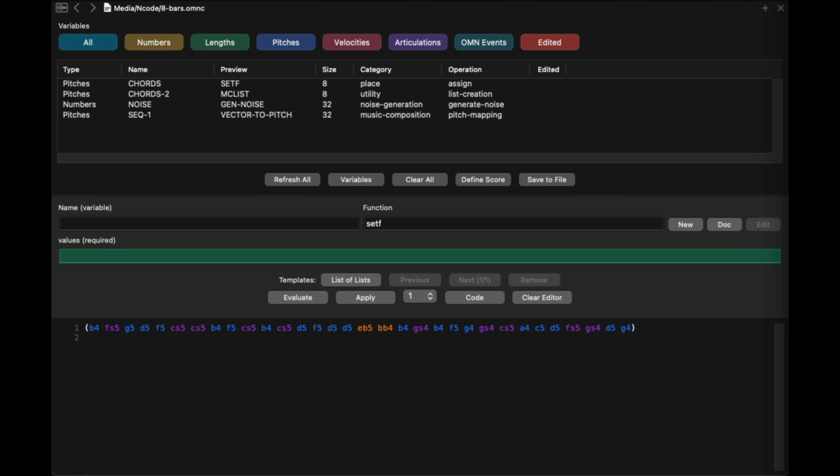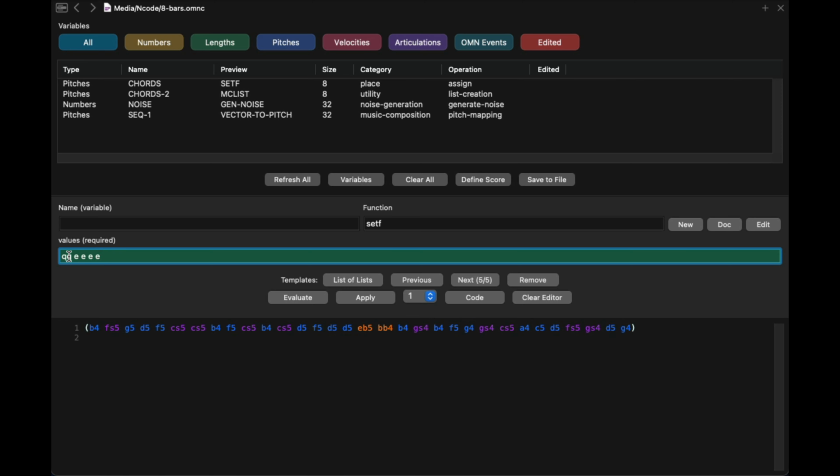Now I can put in the values that I want, for example this, and then I can choose next and I can go to the second nested list. So here I can put in like 4 quarter notes. I can press next again. I can paste in that same list that I had before. I can do next again. I will go again with 4 quarter notes to get some sort of call and response there. And then let's do